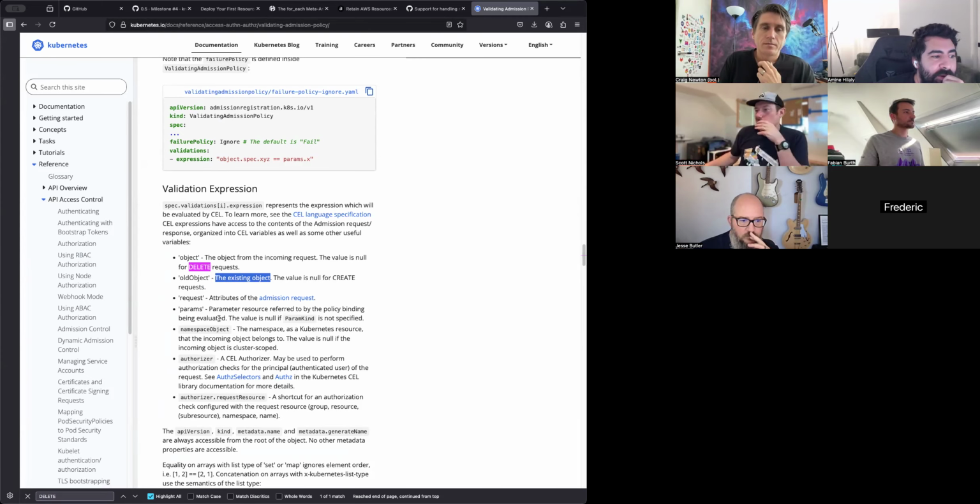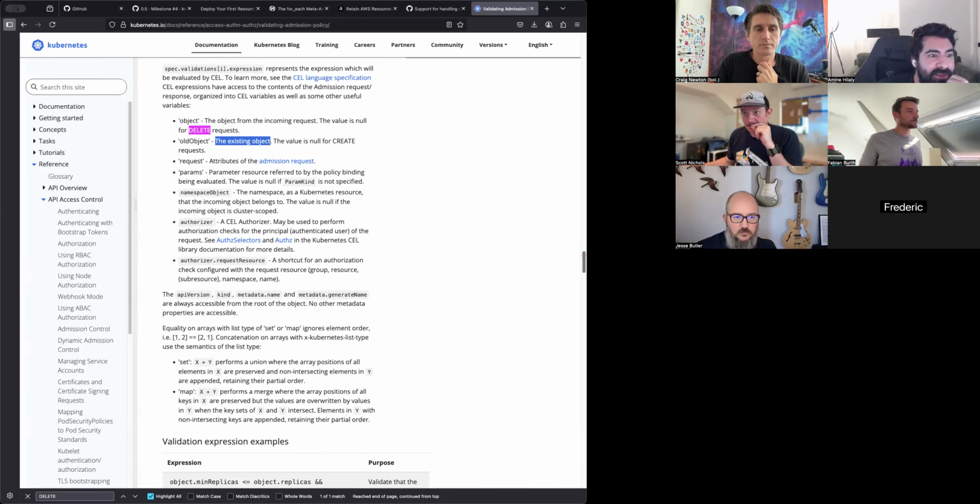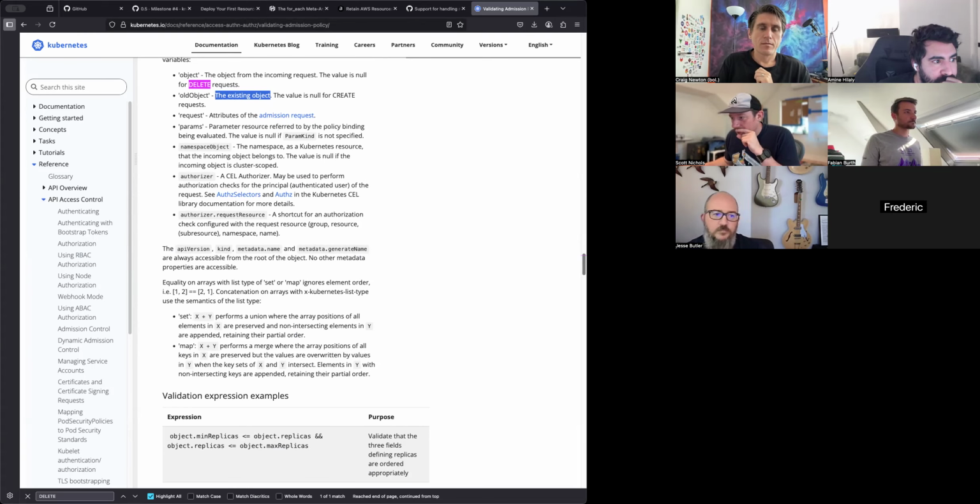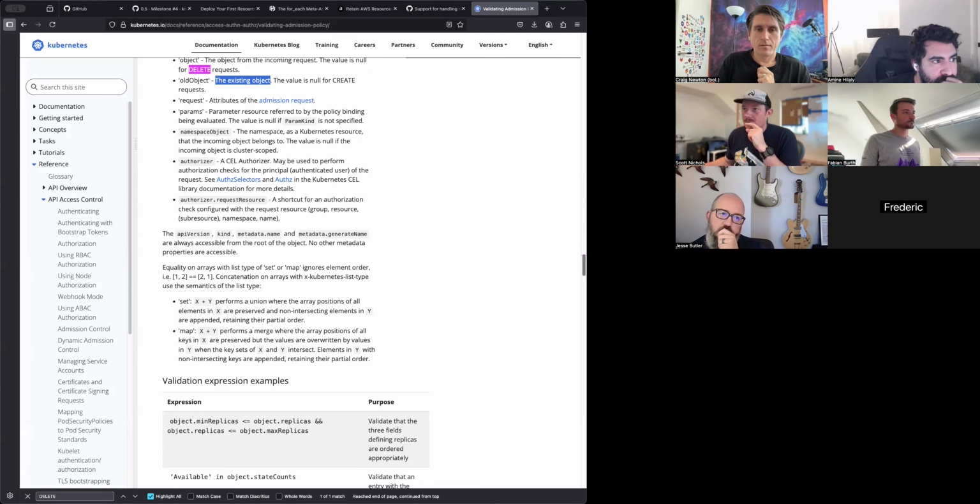So I can see actually a world where Crow manages VAPs. Instead of deploying a full mutation webhook, we can generate some and say, hey, you cannot delete this specific object. So how would one then delete it?